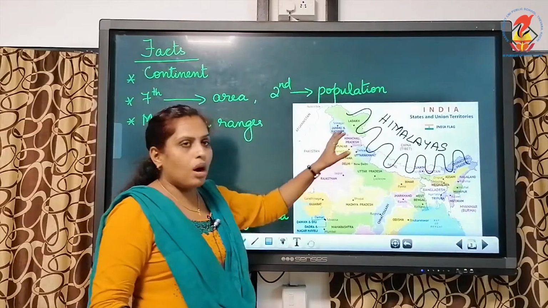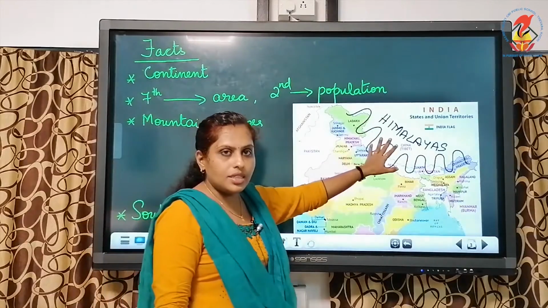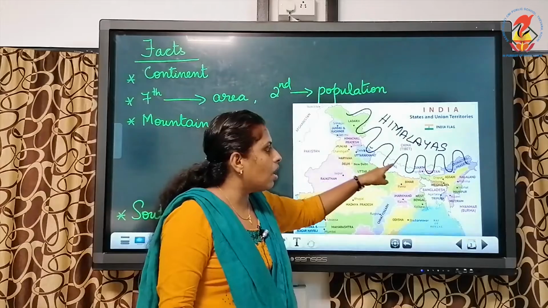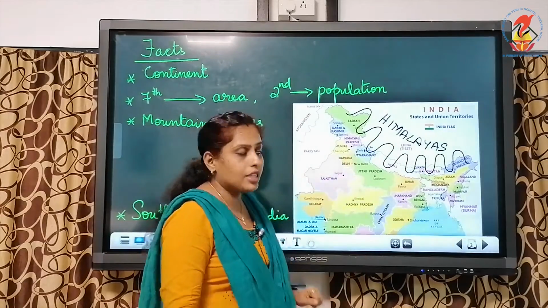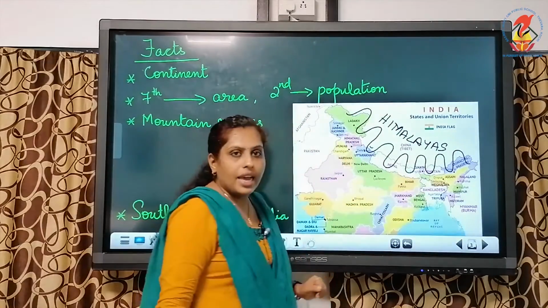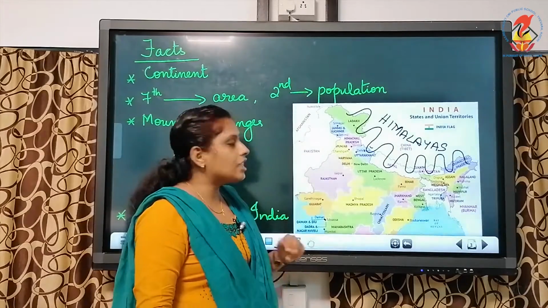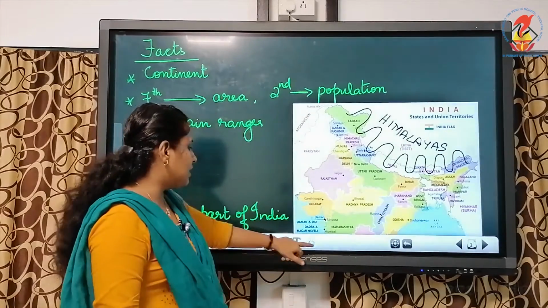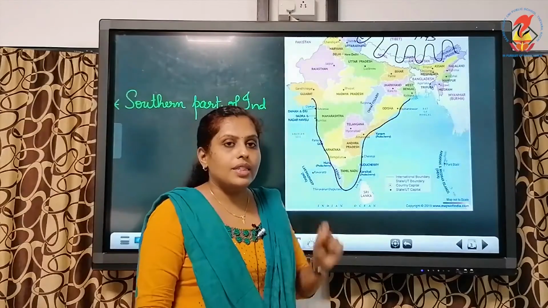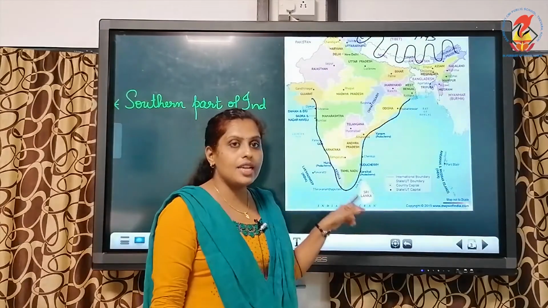Okay, we have a mountain range on the northern side and our northern boundary is protected by this mountain range known as Himalayas. You can see how far the Himalayas, the mountain range, has extended. The next fact about India is about the southern part of India. The southern part of India is called a